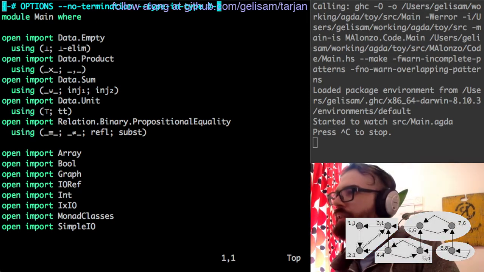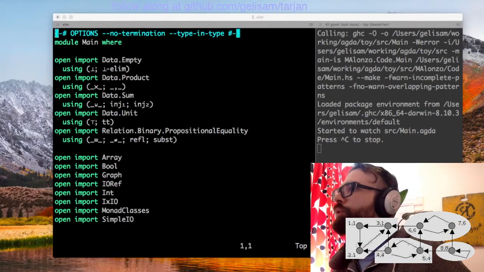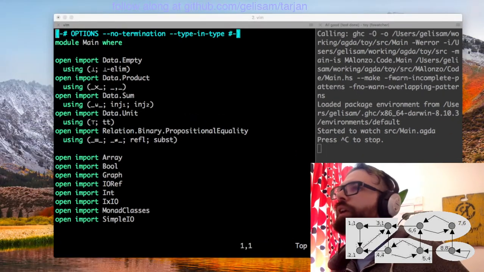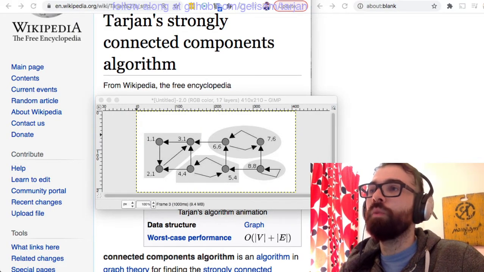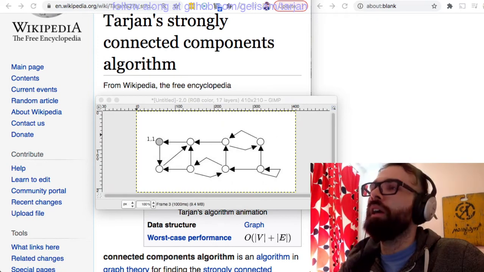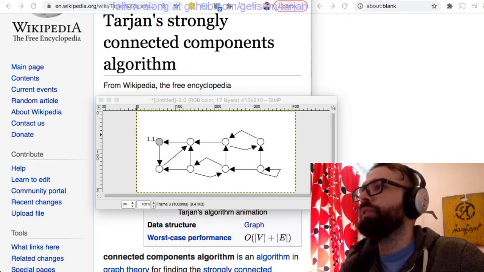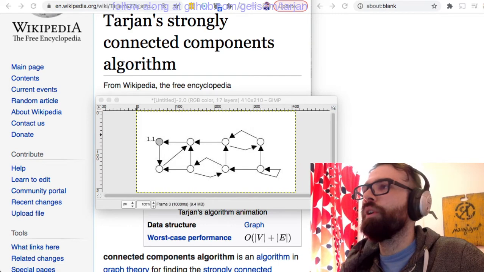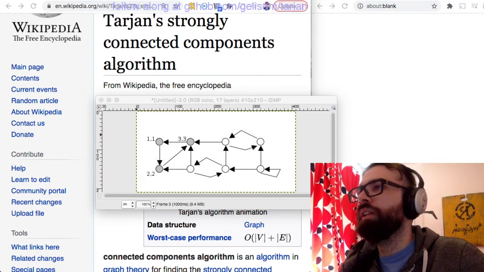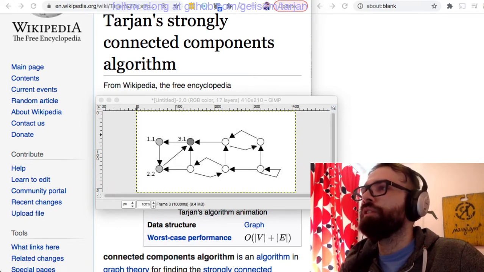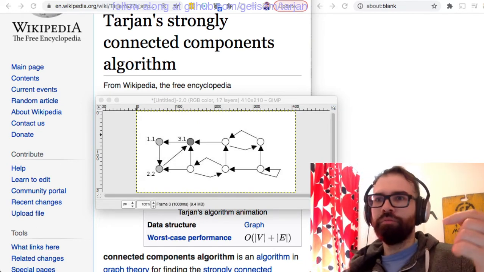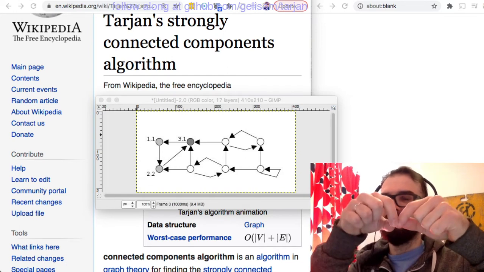So let me see if I can add the other frames of the animation. First frame, that's the result, that's all of the strongly connected components. This is what we want to get to. And we do so by doing a depth first search. We start from one node, we explore its neighbors, and then its neighbors, and then its only neighbor is a node we've already visited. And something happens, because presumably, we know that since we're in a depth first search,